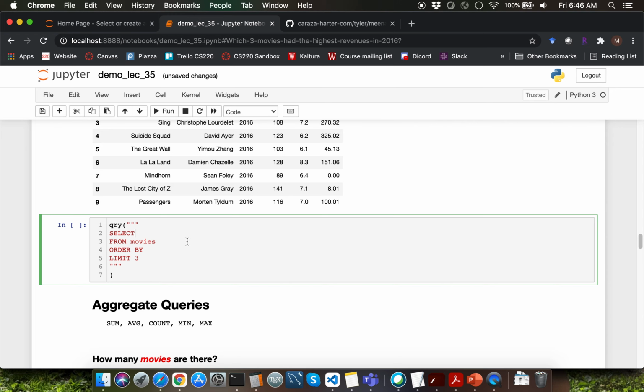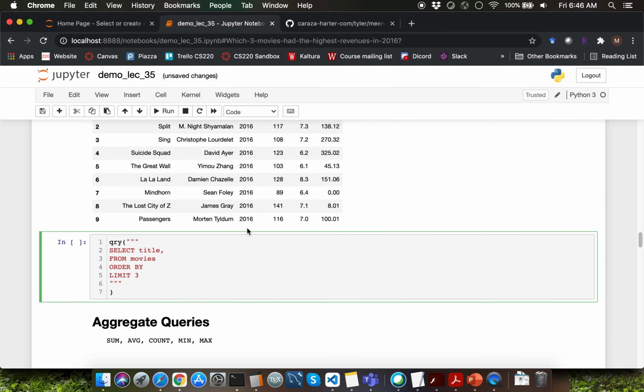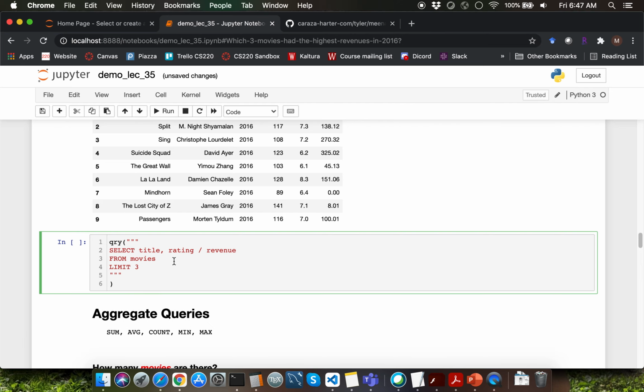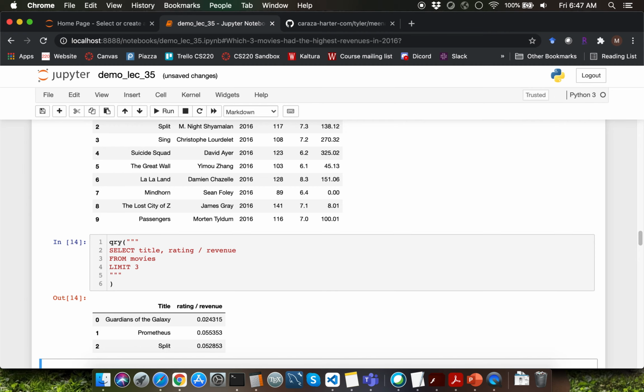For the selection, I'm going to select title, and I'm also going to compute the rating to revenue ratio. The syntax for that is going to be very simple. You can specify the rating column and then slash for the division, and then you can specify the revenue column over here. Let me just for now get rid of the order by clause. We'll come back to that part later.